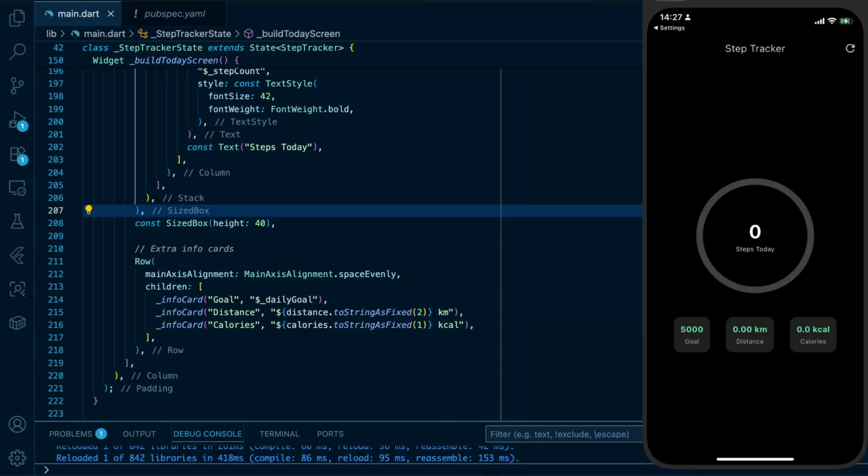Then on the right, we have an action that will allow us to reset our step count. Then in the middle, we have our number of steps, which initially is 0. Then we just have a section that has the goals, which we set as 5,000. Then it will also measure the distance and the calories in bare minimum. So if you look at